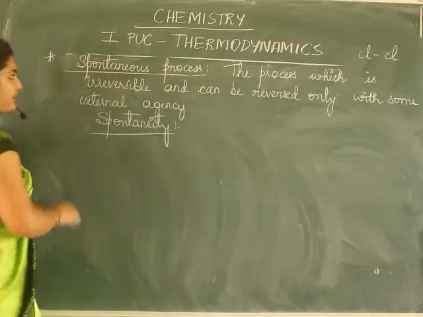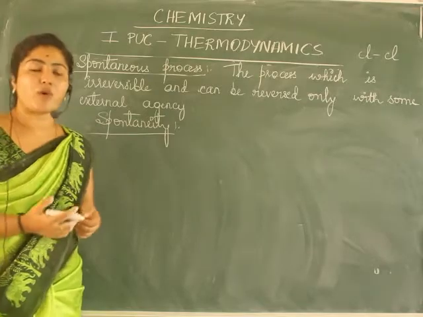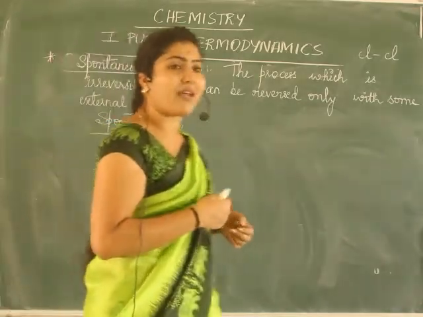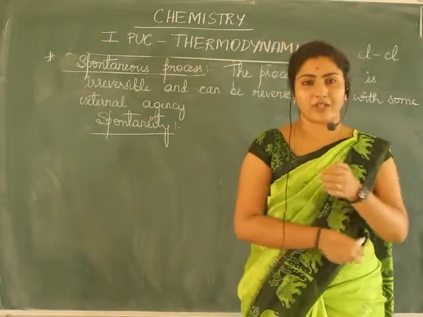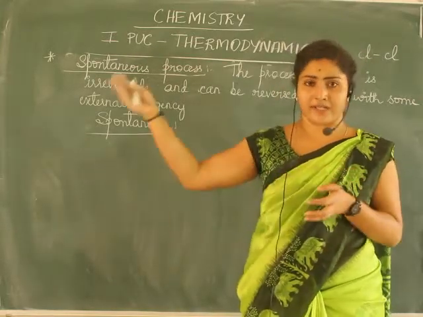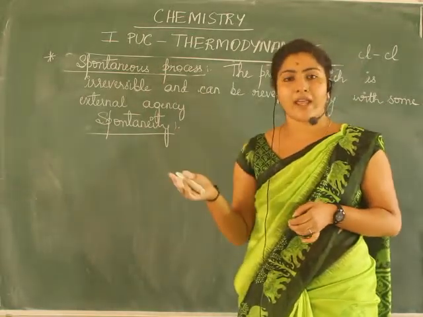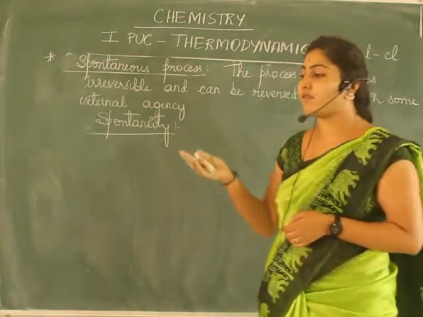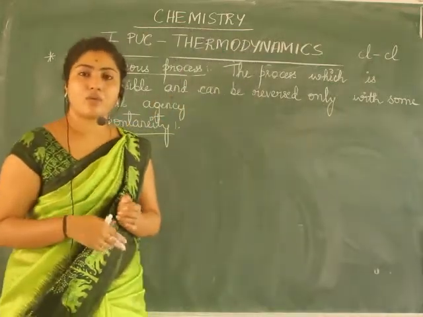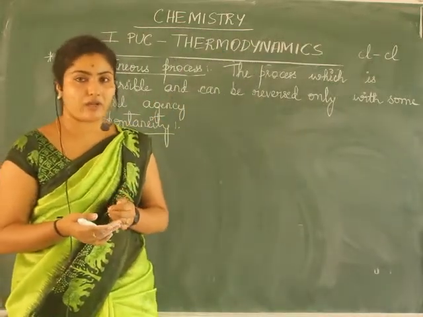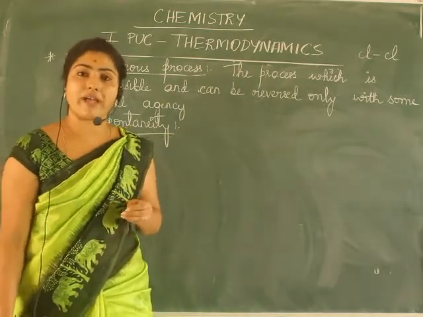Spontaneity we call. Now in the spontaneous process, to study the spontaneity of the reaction, how spontaneously the reaction takes place, how continuously the reaction takes place. It takes place continuously. So we say it is a spontaneous process. To check the spontaneity of the reaction, we have certain parameters or certain properties through which we can study it. So one such important property is called entropy.